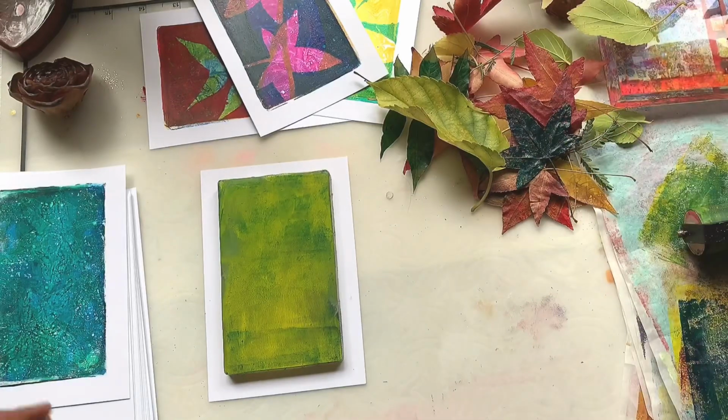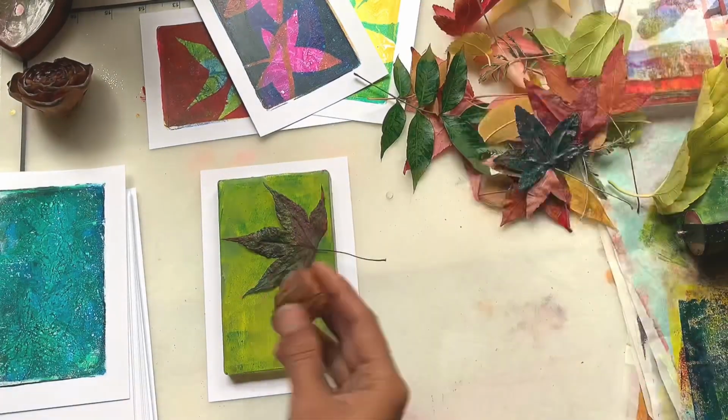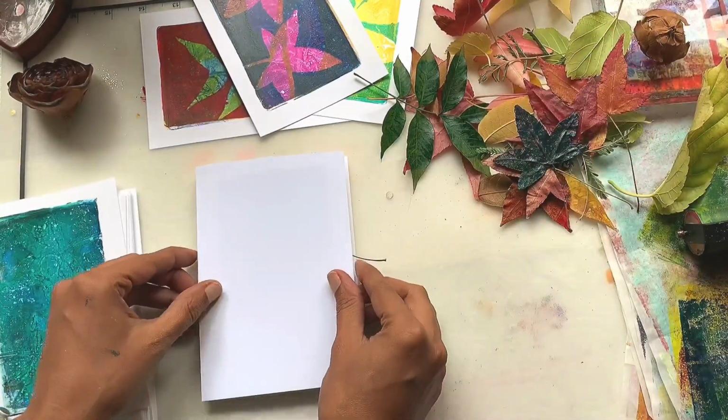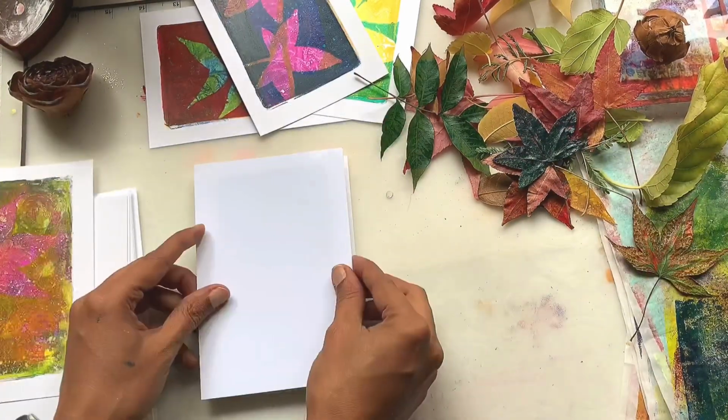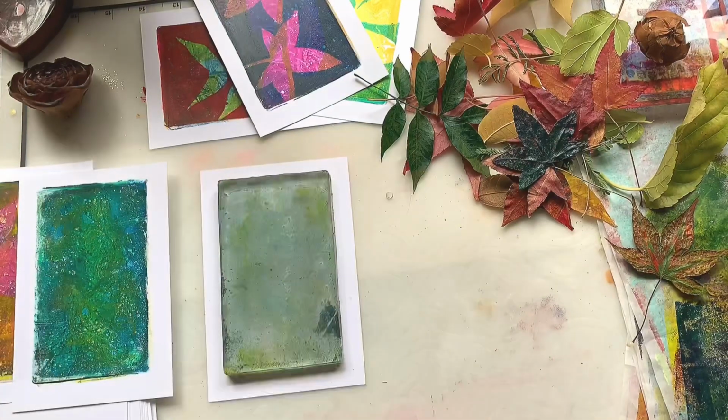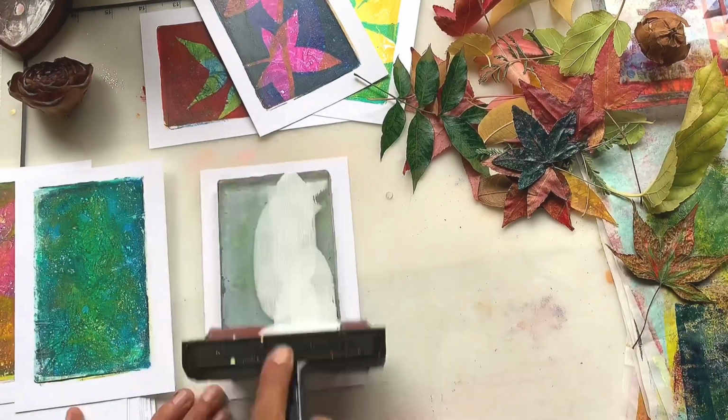But this other one I'll keep building. So this is the previous green ghost print that I had got of the leaves that I didn't use again, because I'm using a yellowish green, and it'll kind of blend in. So there's a lot of trial and error, and as I said in my earlier recording that I had posted